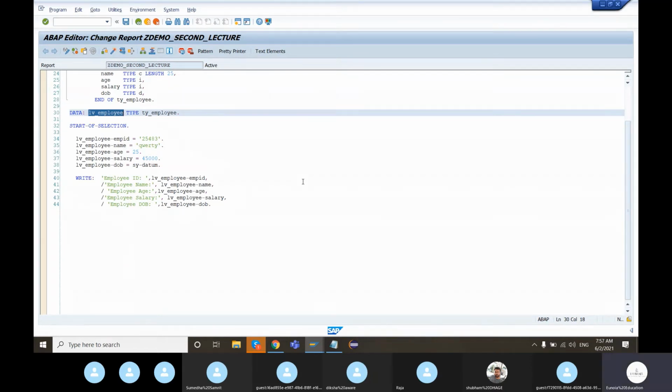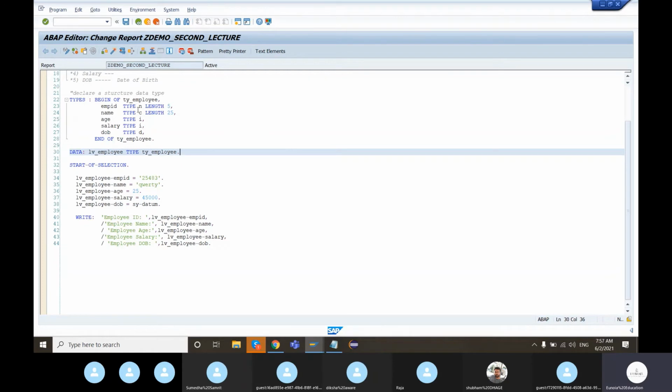So to deal with multiple data with similar data types, what we have in our basic programming is an array. The array data object is also there in ABAP, but here the array data object is called an internal table. We have arrays in ABAP also, but in ABAP these are called internal tables.